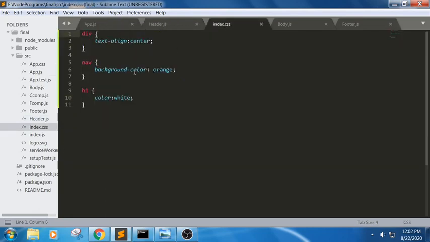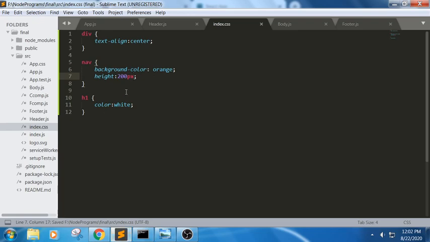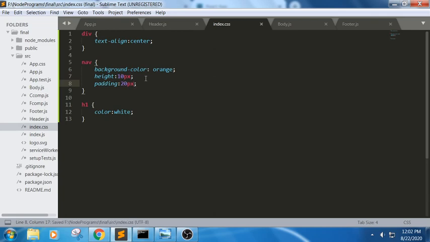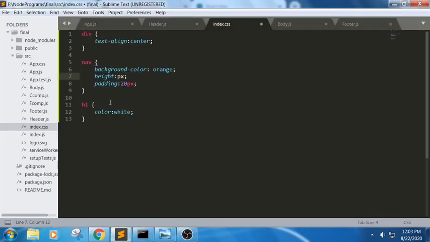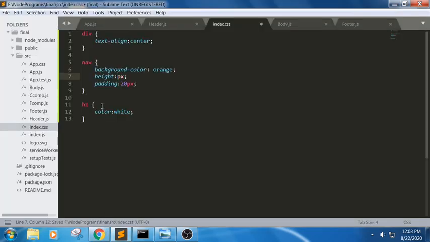So let us define some height for it. No need to have this much height, 100 is enough. Padding, 80 is enough, 60 is enough.